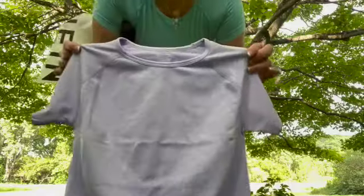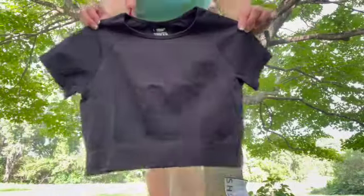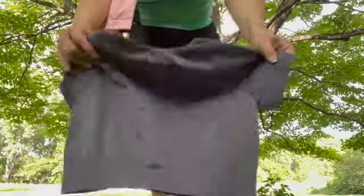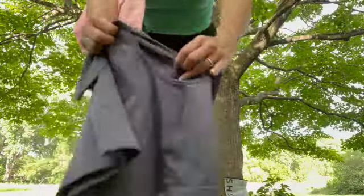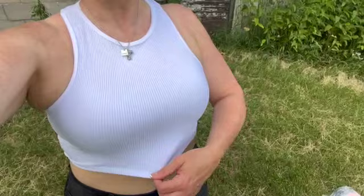Once again, you guys, I'm back with another super short Shein haul, and this time I chose even more basics. They have these 4 packs of workout shirts that I really love because you get so many colors and the quality is really nice. Also, I chose some tanks. The one I'm wearing is part of a 4-pack as well. A little bit of a bra situation that I'm gonna have to figure out, but